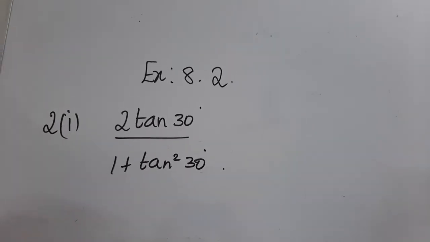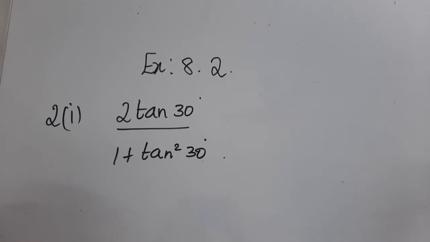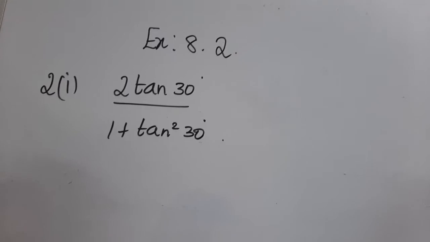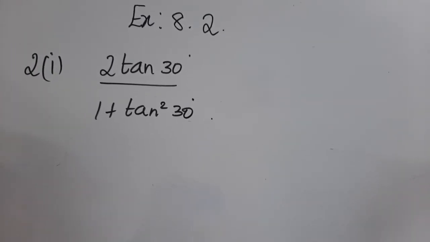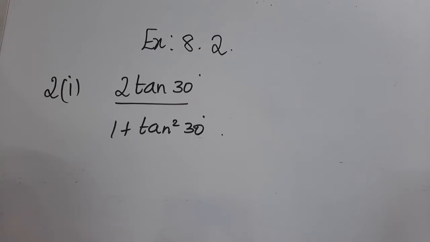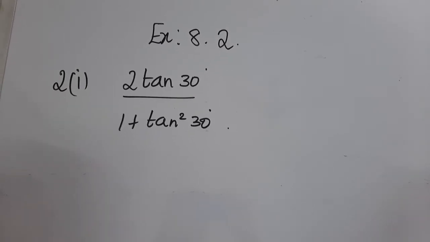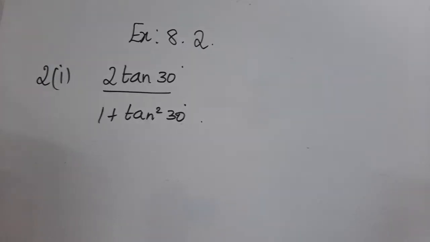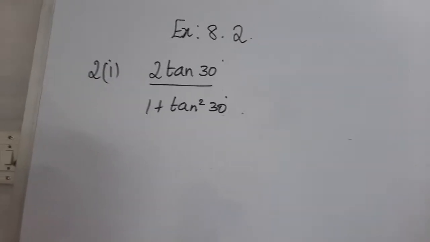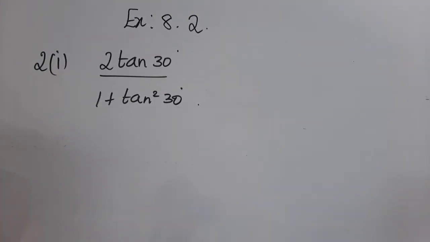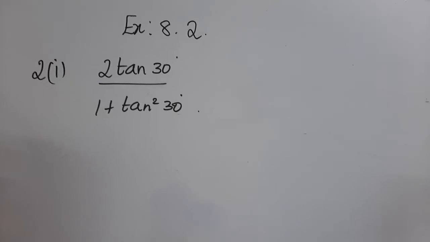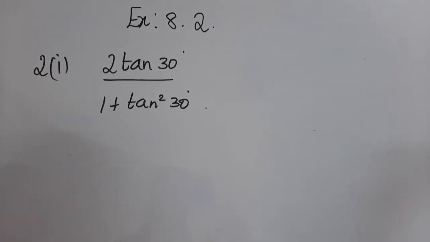Today we are going to see the continuation of exercise 8.2. In exercise 8.2 we are dealing with the trigonometric ratio table. Let us have a quick recap of the trigonometric ratio table. For all these 6 trigonometric ratios we have learnt the angle values for 0 degree, 30, 45, 60 and 90, and in yesterday's video I taught you how to remember the table easily. The table is there in your content book, page 185.